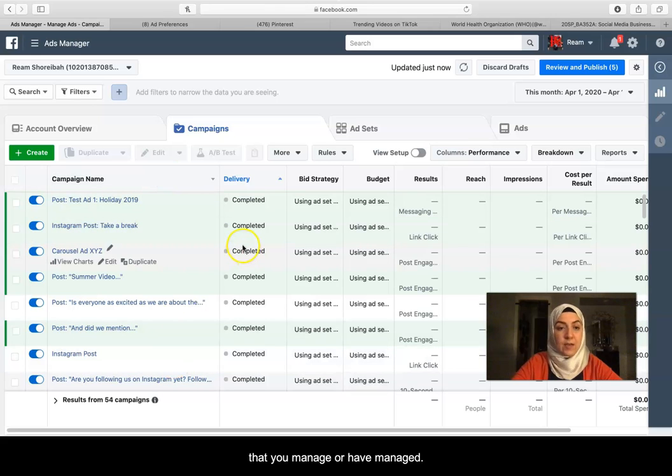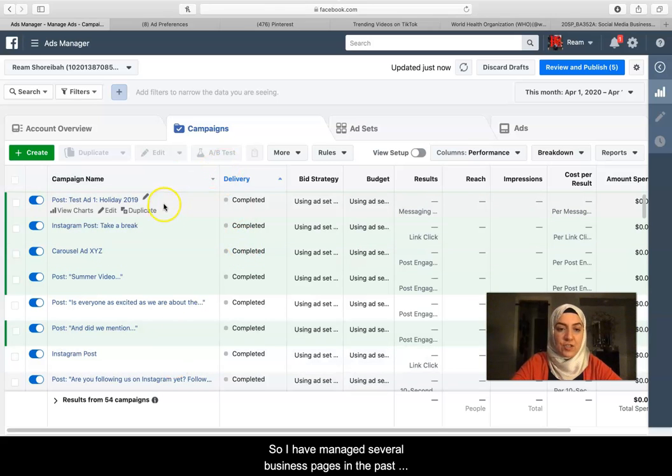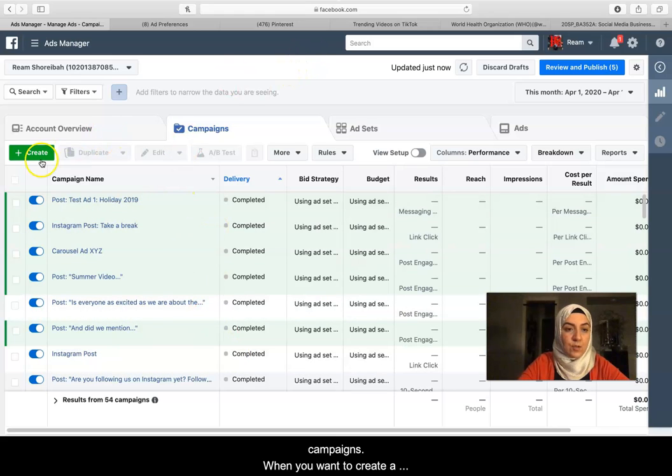So I have managed several business pages in the past, still do, and this will have all of the campaigns. When you want to create a new ad, you click create,